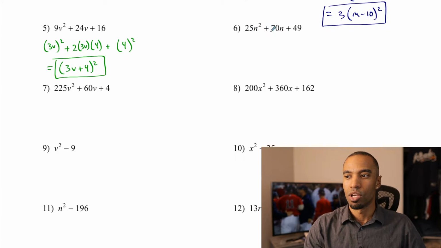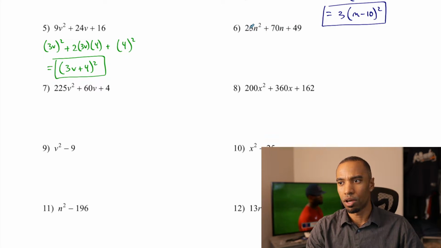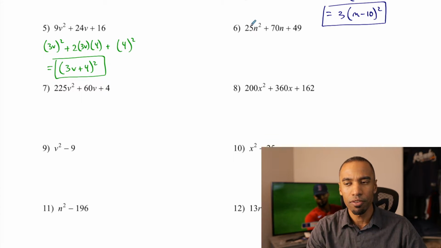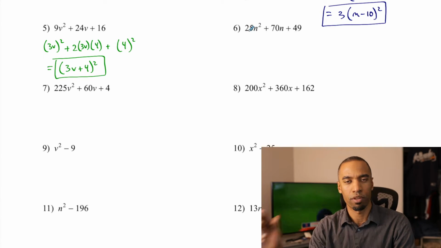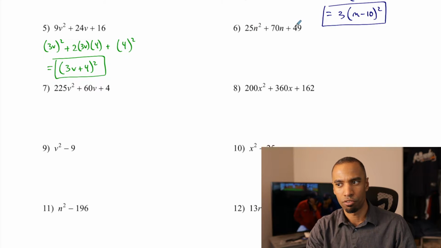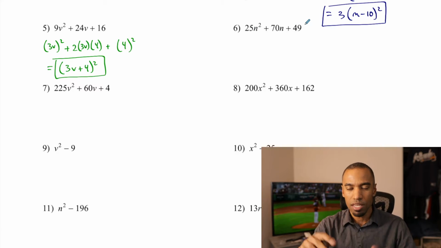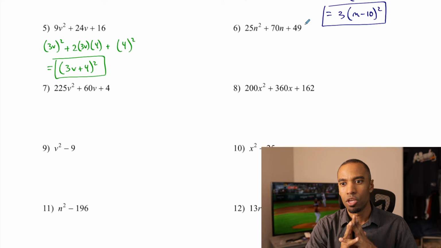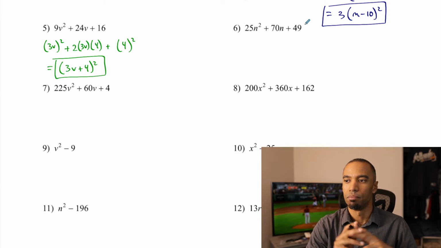Okay, number 6. Once again, would you want to play with all the, these are composite numbers here. Thankfully, they're not the worst ones. 25 is either 25 and 1 or 5 and 5. 49 is either 49 and 1 or 7 and 7. But even still, just in playing with them, you probably don't want to do too much in the way of,